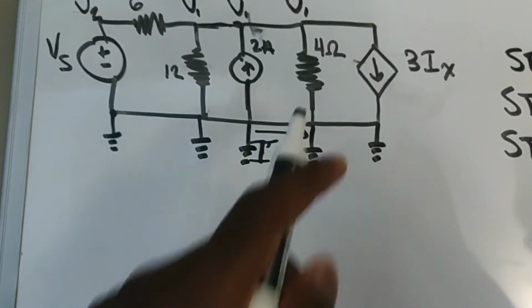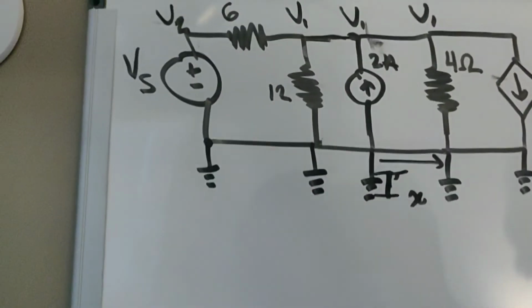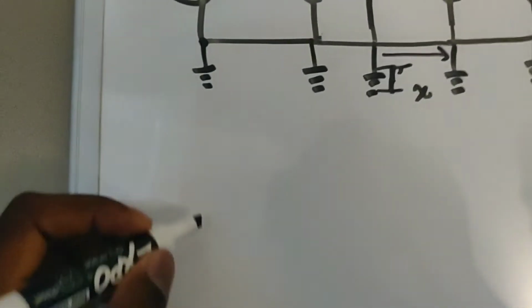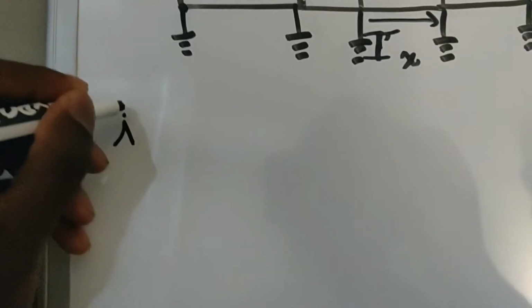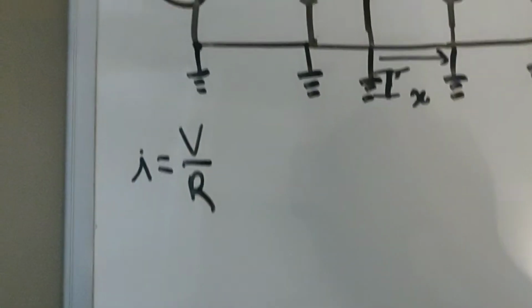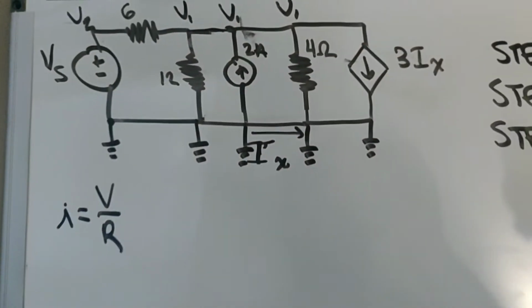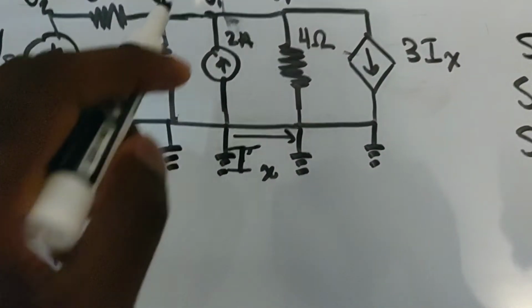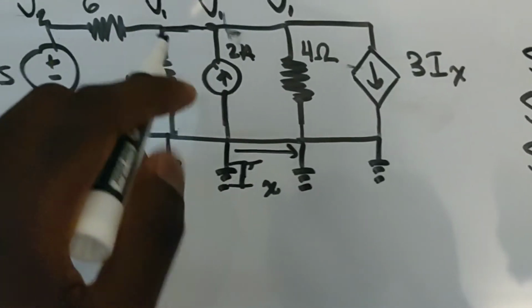And we all know that I is equal to V over R. So this is what we're going to use to develop our KCL equations. So our first term in our node here, we just have this one node, is going